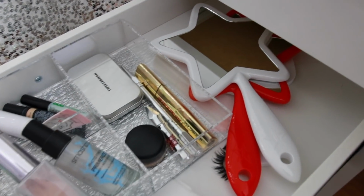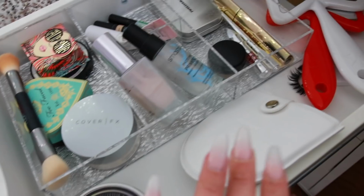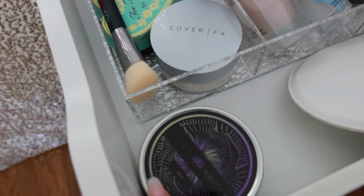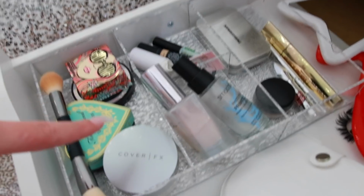I also have some Jeffree Star mirrors in here. I have some lashes if you can see them. I have a compact mirror from Simple Human that is really great for when I'm doing my eyebrows. And I've got a color switch to clean my brushes between uses. But for the most part, I just take things out of the unit that I know I want to use for the week and I put them into this